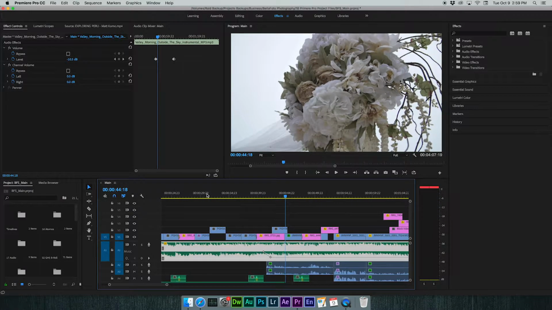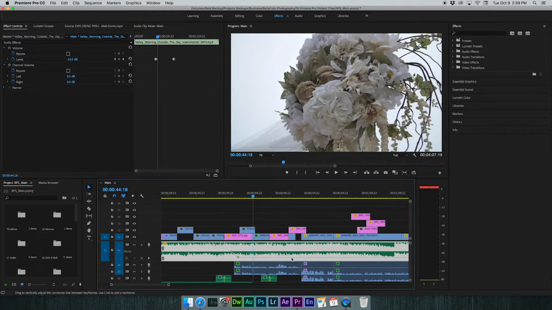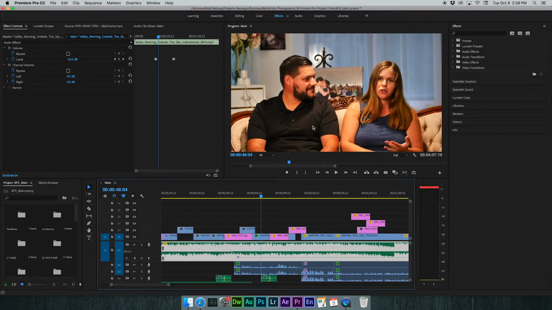Okay, so that's already a lot more tolerable. The music is lowered down volume-wise, and now the attention is really more on the dialogue than it is on the music. But because this is a piano track and we have the highs of those piano keys, I think there's a little bit more that we can do to this to make it sound better, and that is that